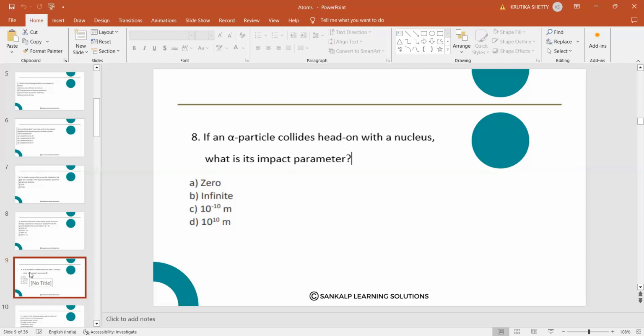So why is it 0? Because the perpendicular distance between the path of the projectile and the center of the potential field is called the impact parameter. So impact parameter is the distance between the path along which the projectile is traveling and the center of the potential